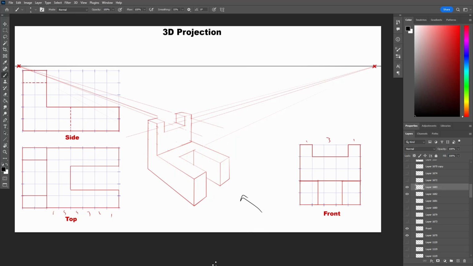Let's do final checks on the object. By checking the projection views, I can see all the details have been drawn. If you look at the dotted line in the side view, these are the holes that will show behind or in between the object. So the bottom one is for the space between the legs of the object, and the top one is for the space between the pillars. And all of them are in their right position and correct units. All you have to do now is to add a better line weight on top and finish up the object.